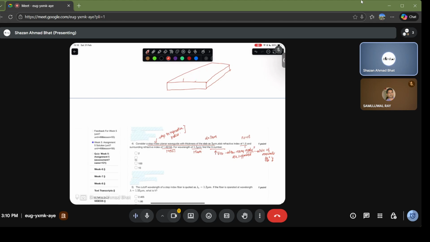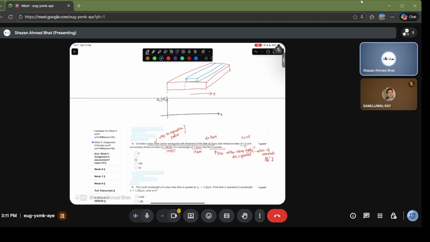Let me draw it with a different color. So you have a slab on it, and you want to propagate your electromagnetic wave via this dielectric slab. Now you see that it has a refractive index gradient. So if this is the x direction, then if you draw a plot of refractive index as a function of x, what you get